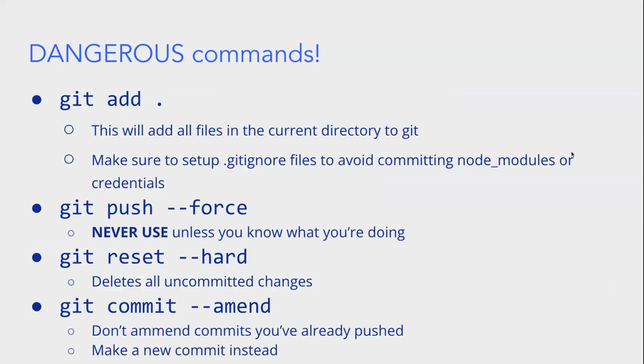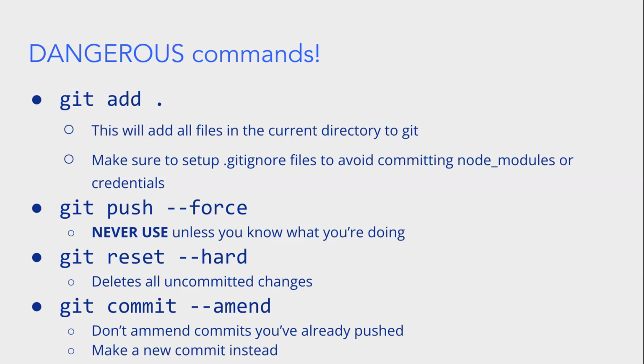And here are some dangerous git commands that you should really try to avoid doing. The first one is git add dot. Basically, this will add all the files in your current directory to git. So this is going to stage every file in your current directory that you've modified. And again, you might end up unintentionally staging and committing things that you didn't mean to,